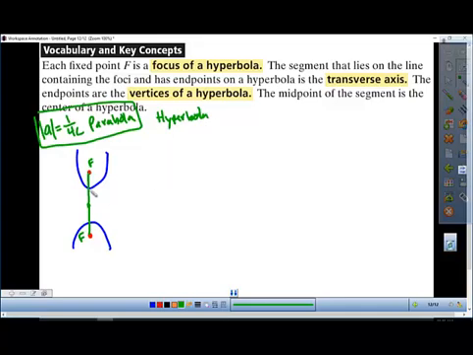The formula to find the C distance, I'll make it blue. This distance right here, this C, from here to here, from the center all the way to the focus, we're going to use one that you're familiar with, which is a squared plus b squared equals c squared, where the c represents the distance